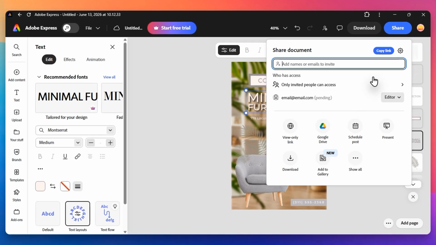Once you have selected the appropriate permission level, you can even add a short message to let them know what the